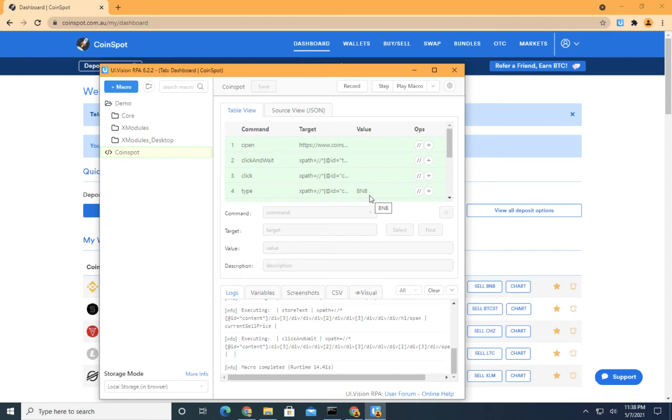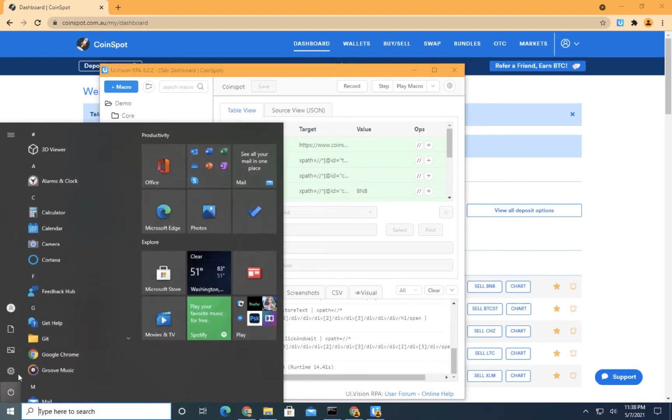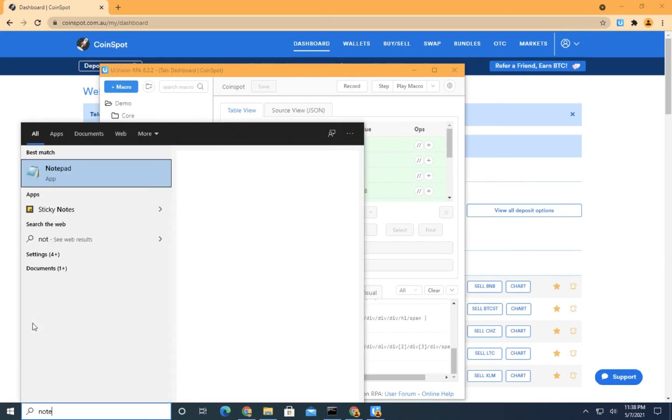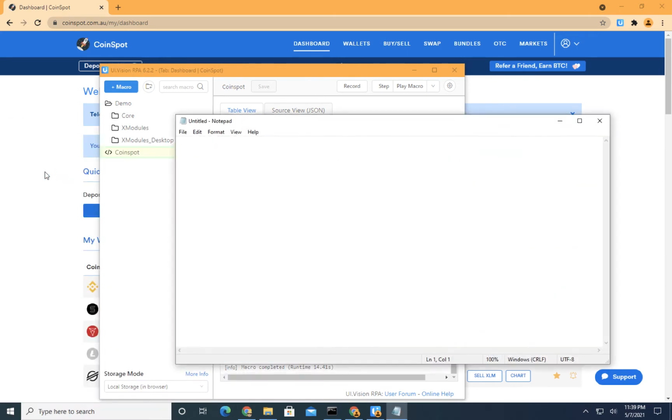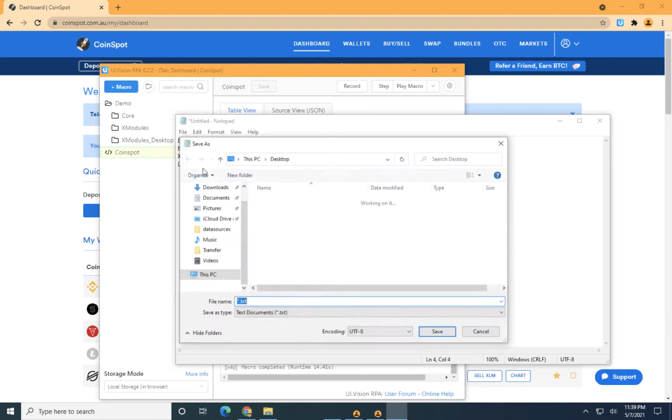Now, while that is good, you will notice that this is a one pass macro. And you can see that the coin that it is looking for is hard coded in the macro. So what we want to do today is to create a list of coin names. So we'll put BNB there, we'll put BTC, as you can see, we'll put Stellar, XLM, and maybe one more, LTC Litecoin. Okay, and we want to pass this list into the macro,